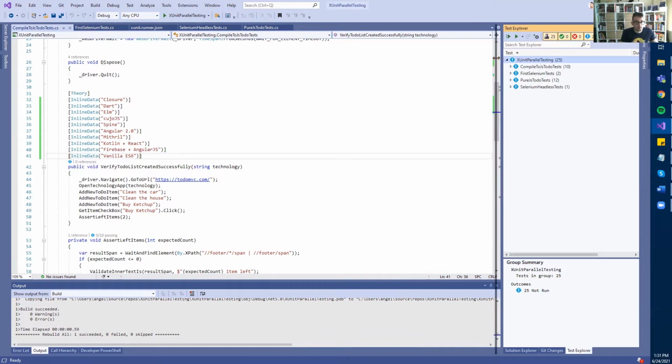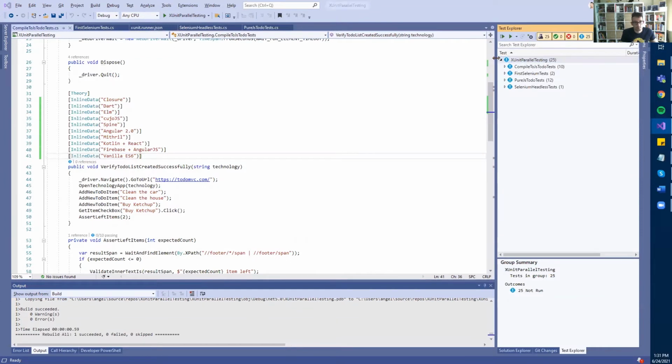I will just resize it a bit. Just wait a bit. Visual Studio is slowing down with these parallel options. Let's see what's happening. Okay, I have problems with my mouse. So now,